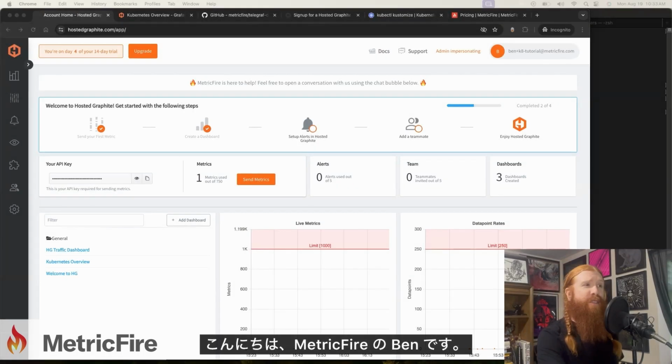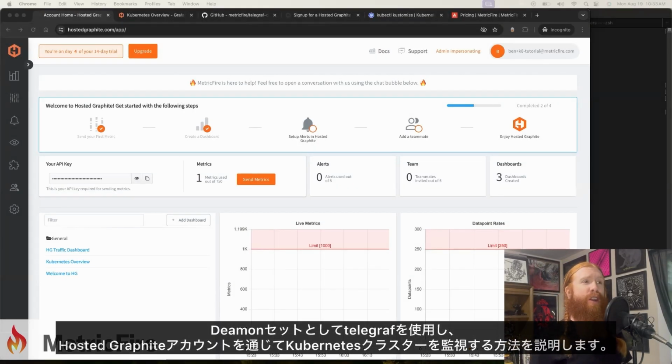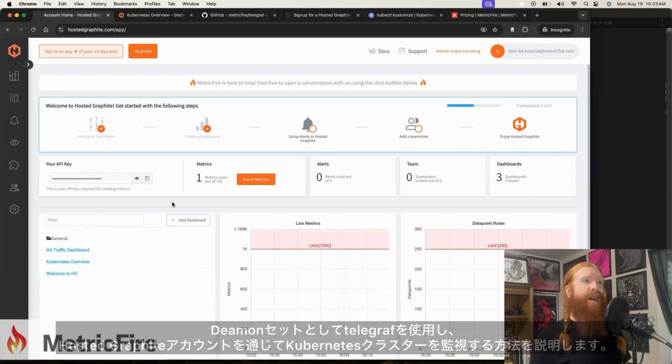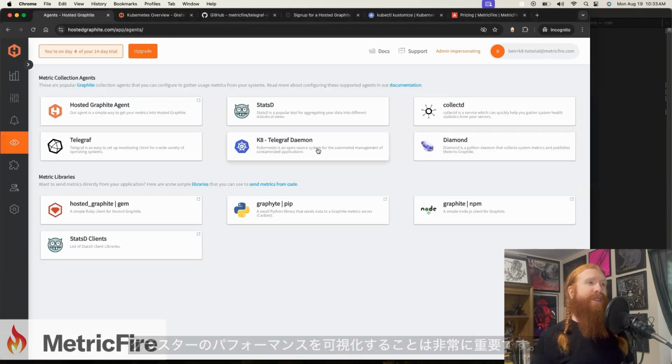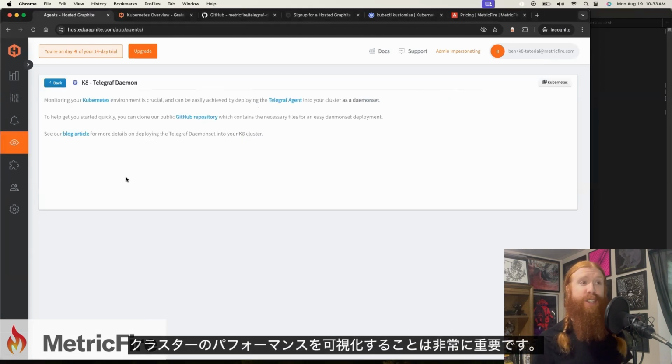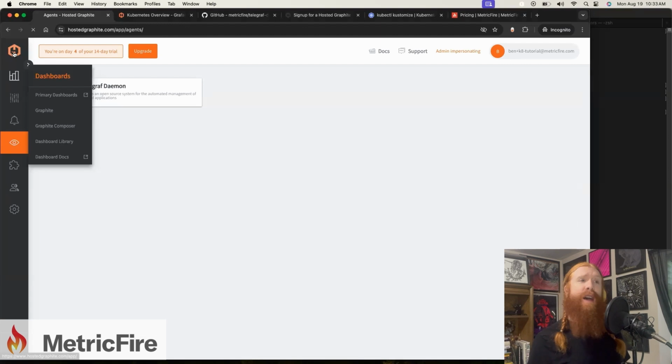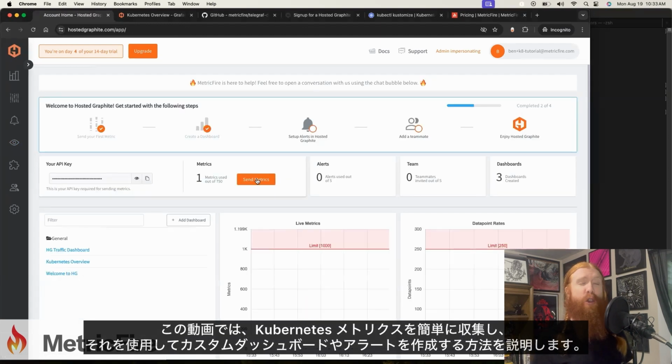Hey, this is Ben from MetricFire, and I'm going to show you how to monitor a Kubernetes cluster using Telegraf as a daemon and forward metrics to a hosted Graphite account. Kubernetes has exploded in popularity and has become pretty widely used, so it's really important to have visibility into the performance of your clusters. So I'll show you how to easily collect Kubernetes metrics and use them to create custom